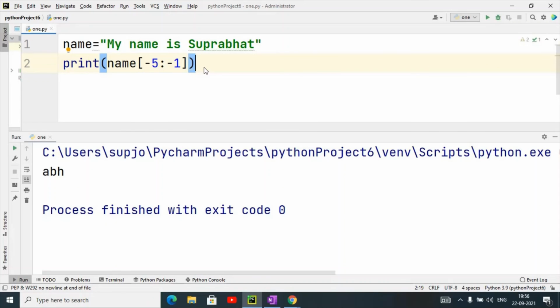In the slice operator, the endpoint will not be included. This is the criteria about the slice operator. If anyone has any other confusion, then please ask me or message me, so that I will give you the reply.